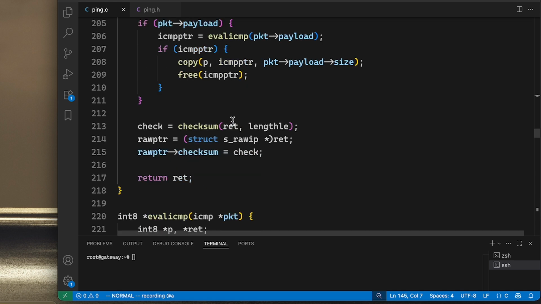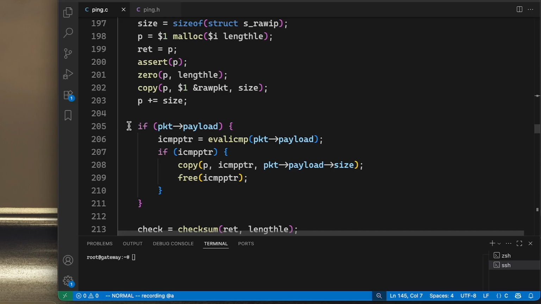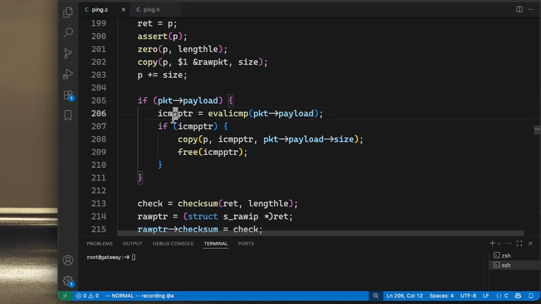When we turn the structure into a series of bytes, I made the calculation a little bit bad when I calculated the payload that we are copying into this. Because,